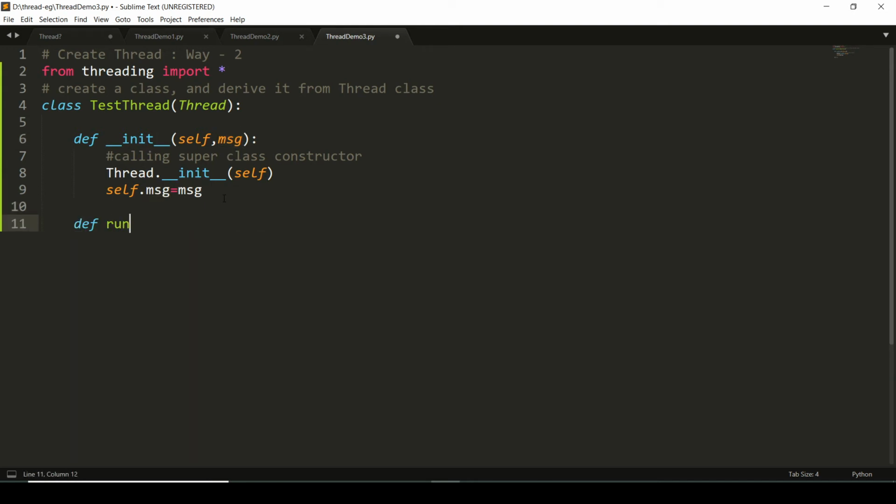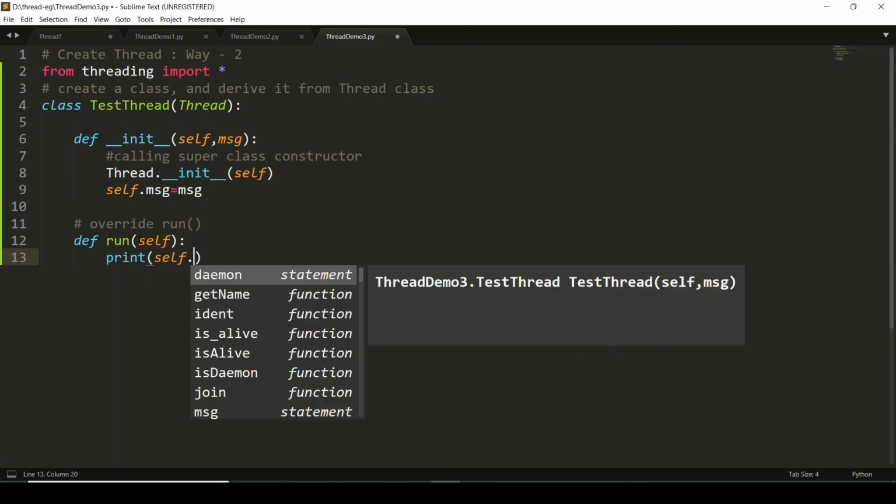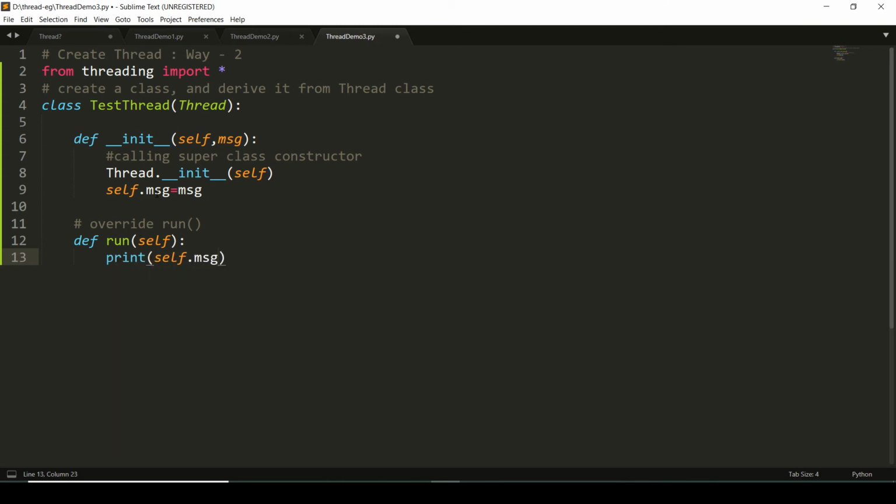Creating another function, not just a function, we are overriding the method run. The run method is already defined in the Thread class, and we are overriding it here in the TestThread class. So make sure you are giving it the name run only, with self. Simply I am displaying the message that has been initialized in the constructor, self.msg.